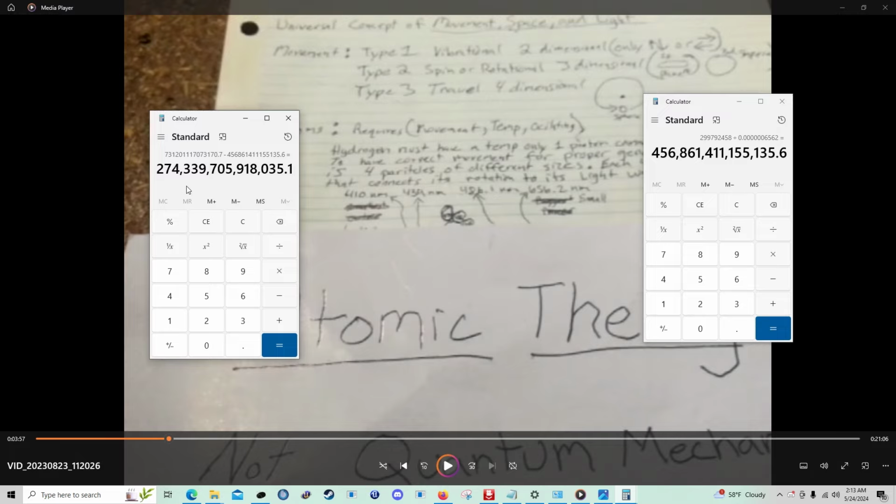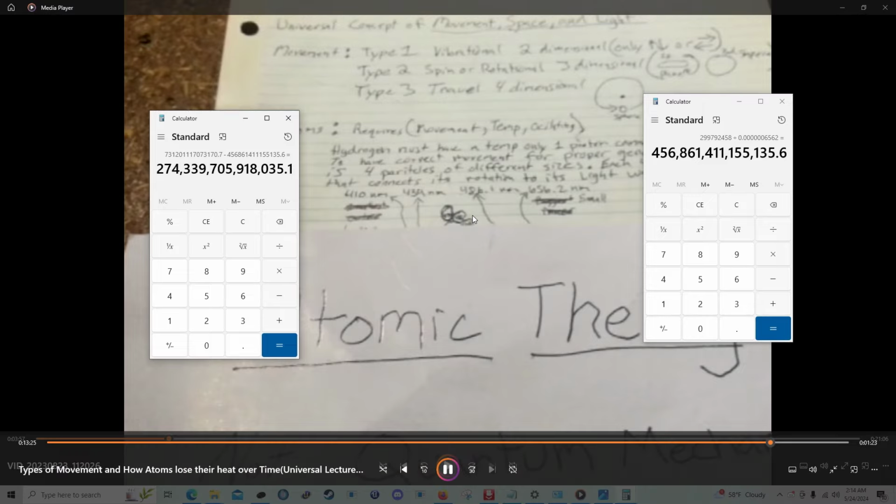Then you'll figure out how fast the hydrogen atom can lose its temperature based on the specific frequency differential it has between its orbits. So the more electron orbits, or the more wavelengths there are in one atom, the more resistance that atom is going to have as its electrons orbit. And so the more spectrum lines that you see in an atom, the longer it can